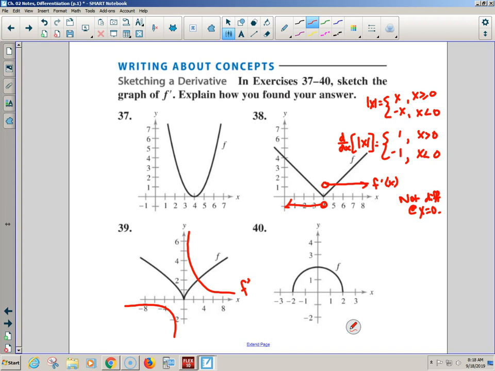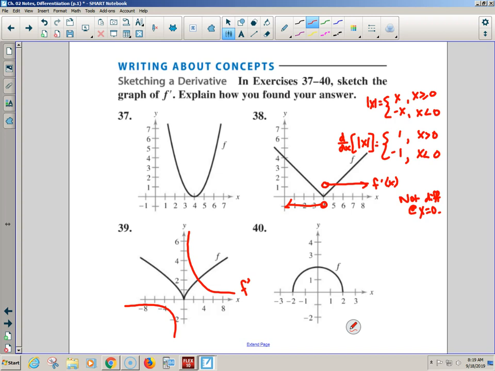What's going this way? Downhill slopes, negative slopes, below the axis, going closer and closer to 0, but getting steeper and steeper with the positives and getting steeper and steeper with the negatives. Yesterday we saw vertical tangent lines are infinite slopes, so I knew that the derivative had to have a vertical asymptote. I saw uphill, so I knew positives going to that vertical asymptote, and then this one I saw downhill going to that vertical asymptote, and when I saw it leveling off, I'm like, it's like a 1 over x graph, kind of.